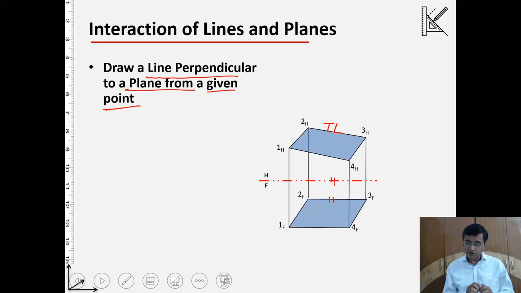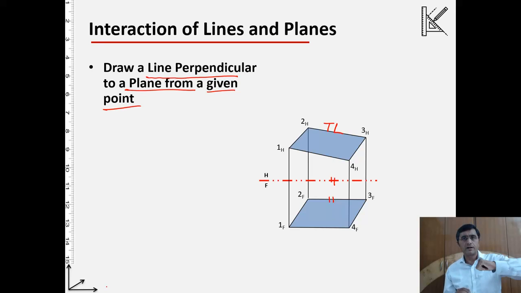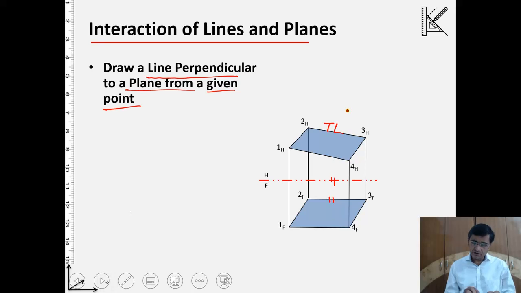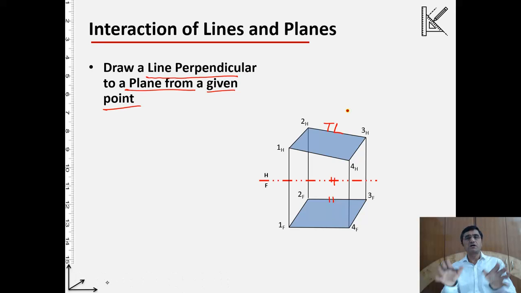So 2F, 3F is parallel to the hinge line, or parallel to the horizontal plane. Okay, so 2H, 3H is the true projection. Alright, it is just one case. There can be different cases. The case which I am giving you, there it is the case. And because in solving this problem I will be making use of this.